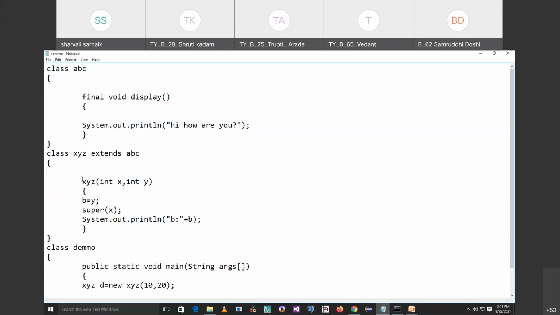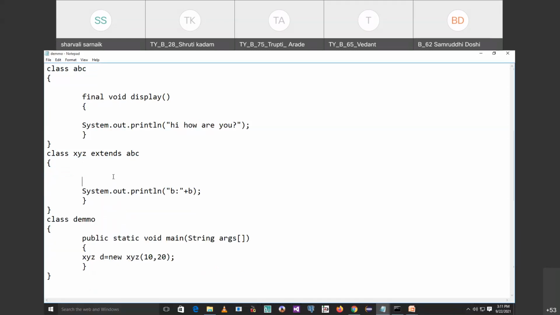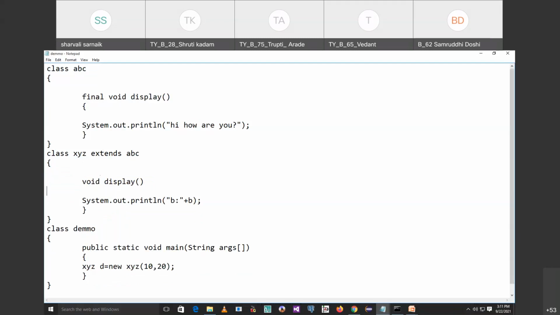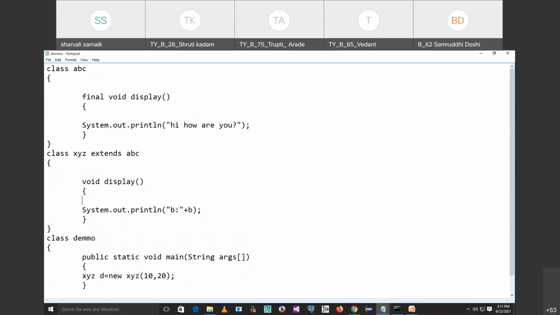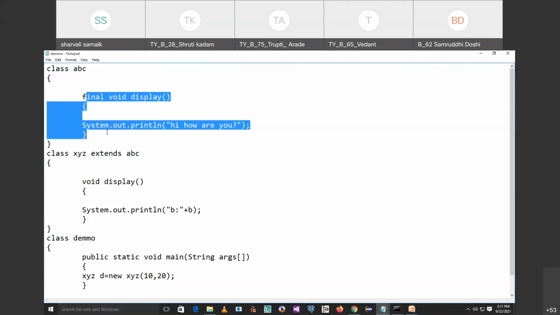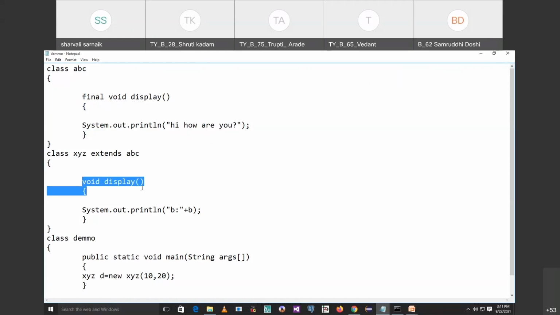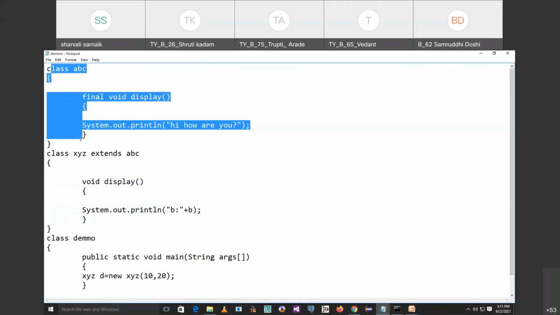In that also there is one method called void display. In that void display, I want to give a call to my base class method. How should I give a call to a base class method into a derived class?